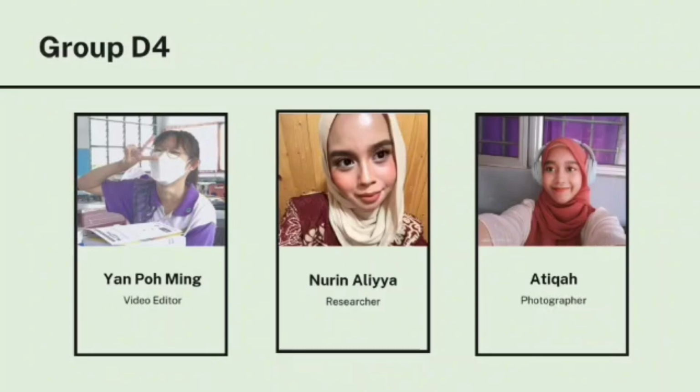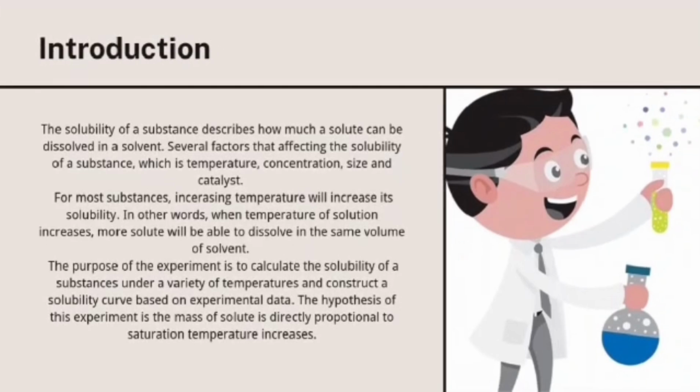The introduction for this experiment. The solubility of a substance describes how much a solid can be dissolved in a solvent. Several factors affect the solubility of a substance, which are temperature, concentration, size, and catalyst. For most substances, an increase in temperature will increase their solubility. In other words, when the temperature of a solution increases, more solute will be able to dissolve in the same volume of